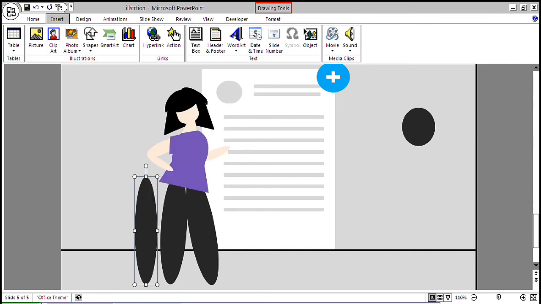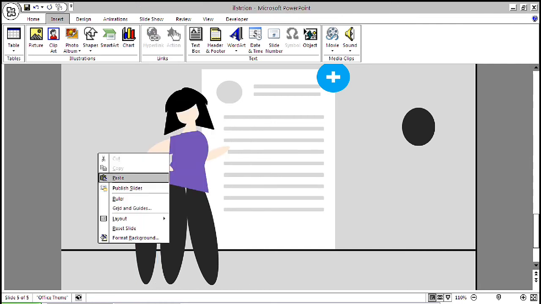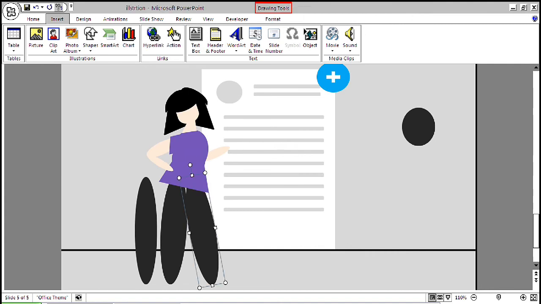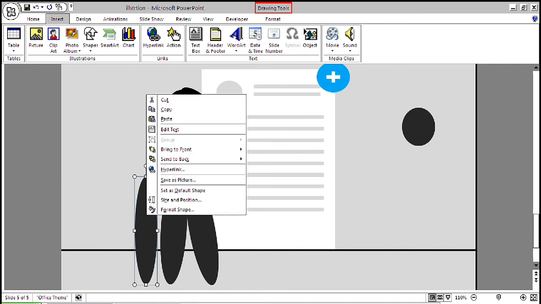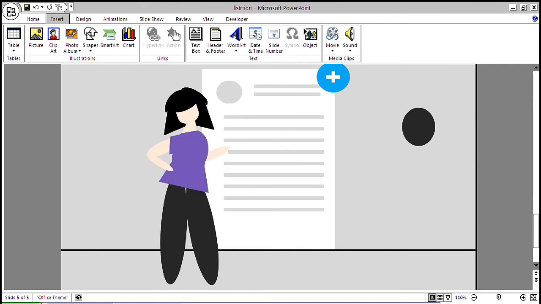Copy and make another pair of legs, as I've said earlier. It's just a reminder to make this PowerPoint presentation a little bit easier.